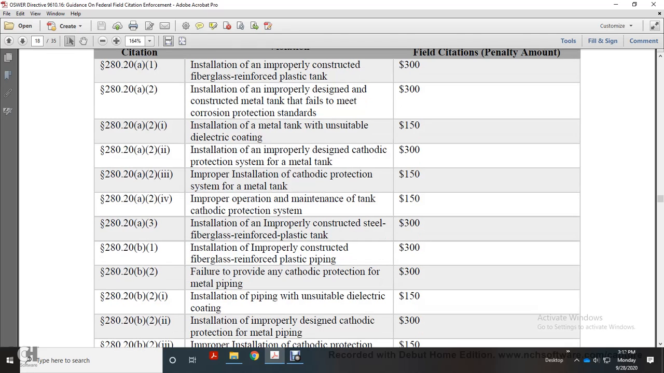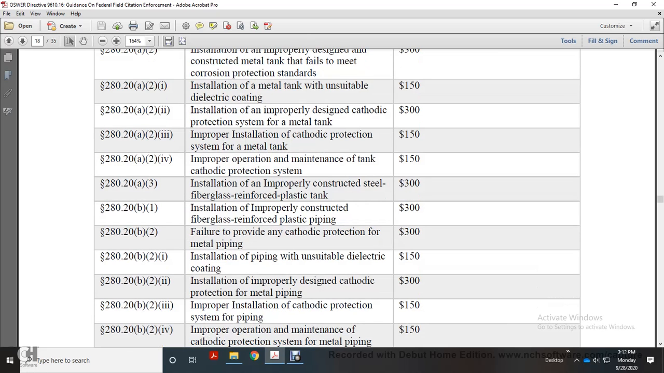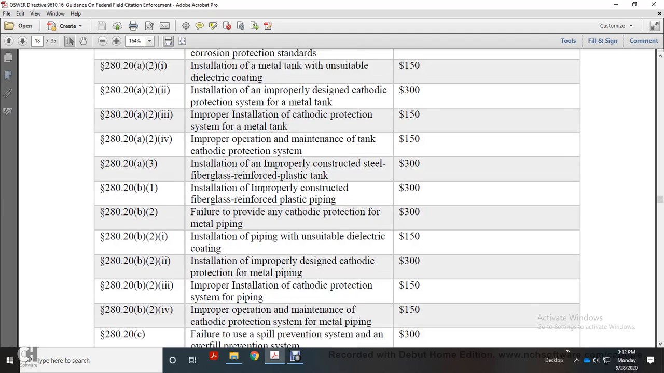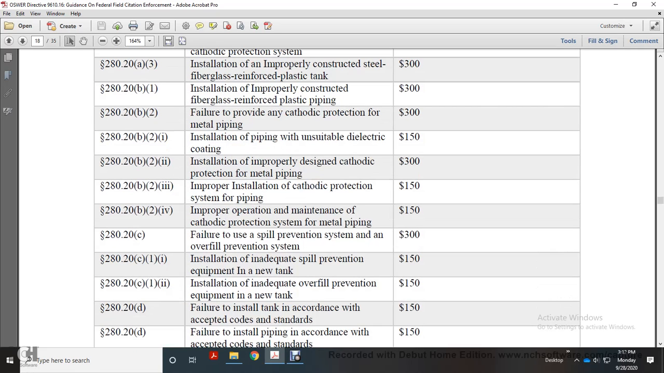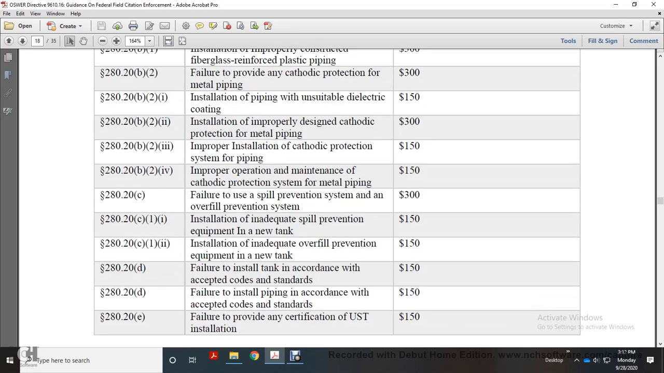Installing piping with an unsuitable dielectric coating, installing improperly designed cathodic protection for metal piping, improper installation of cathodic protection system for piping, improper operation and maintenance of the cathodic protection system for metal piping, failure to use spill prevention system, any overfill prevention system, installation of inadequate spill prevention equipment in the new tank, installation of inadequate overfill equipment in the new tank, failure to install the tank in accordance with accepted codes and standards, failure to install piping in accordance with accepted codes